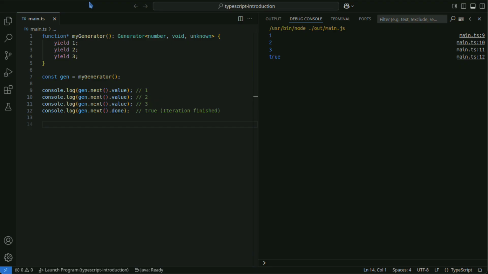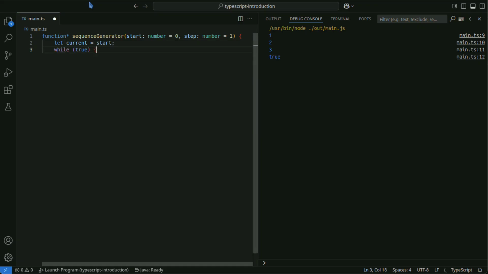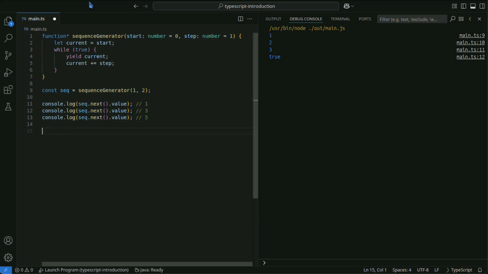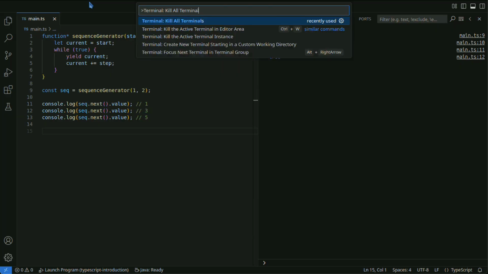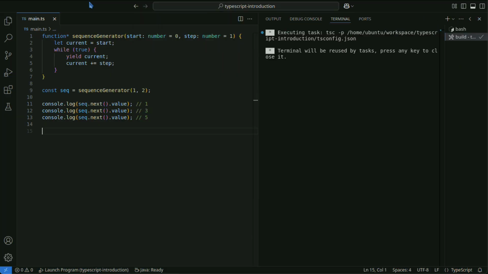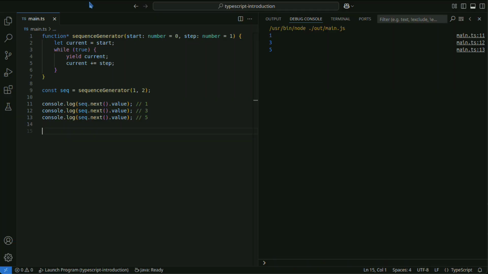Using generator functions allows for easy representation of sequential processing. In the following example, we create a generator function that generates a sequence of numbers. In this example, sequence generator generates an indefinitely increasing sequence of numbers. Use yield to return values at each step, and generate the next value on subsequent calls.